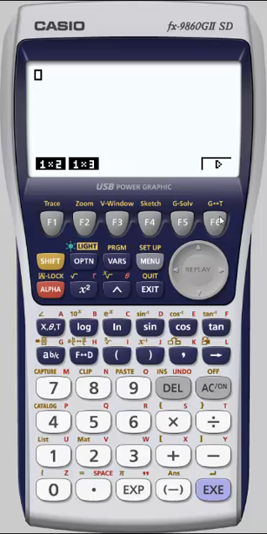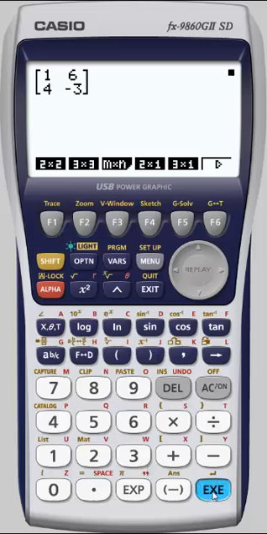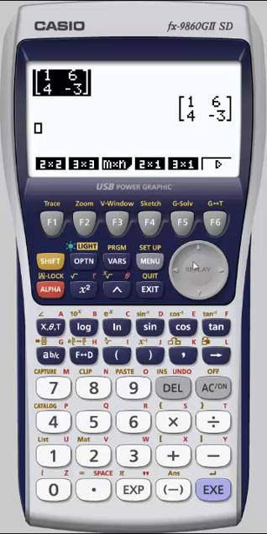Here's some more vectors. I'm going to go ahead with a 2x2 just to demonstrate. I'll put some numbers in here without any particular rhyme or reason. And if I press execute, it will simply store it or evaluate it, but there's really nothing much to do there. I'll back up a little bit, and I'll move the cursor to the left hand side here.